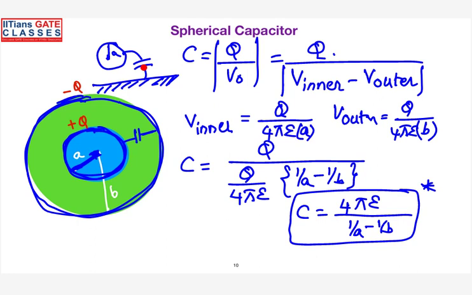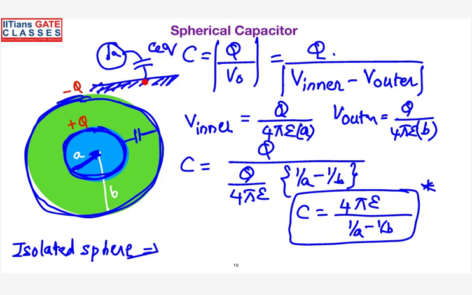Even if you have an isolated sphere, there will always be a capacitance with respect to ground or earth. For example, our human body also has a capacitance that can be around 150 to 200 picofarads with respect to ground. That means there always exists a parasitic capacitance with respect to ground. So what will be the value of the capacitance for an isolated sphere, where there is only one conductor? What will be the equivalent capacitance with respect to ground?